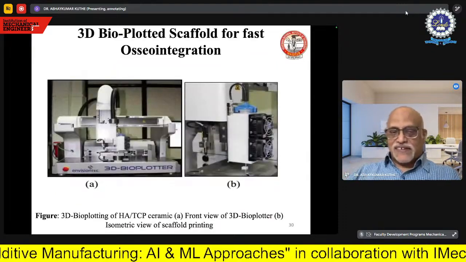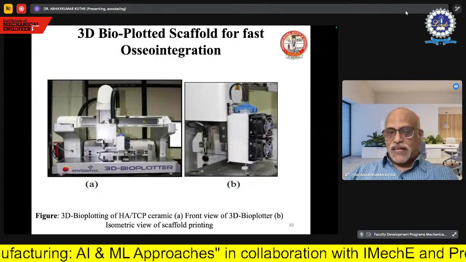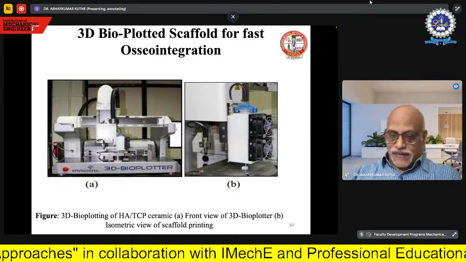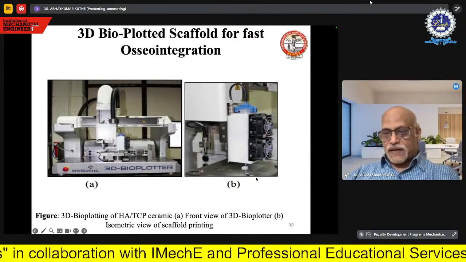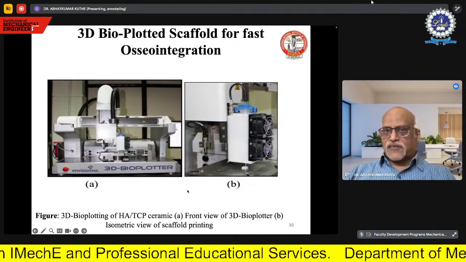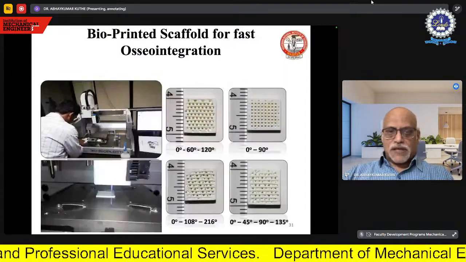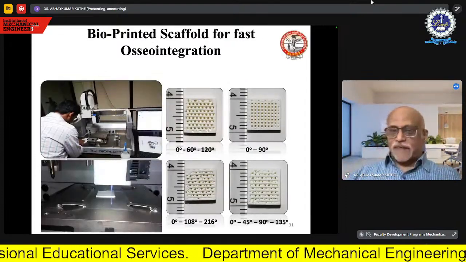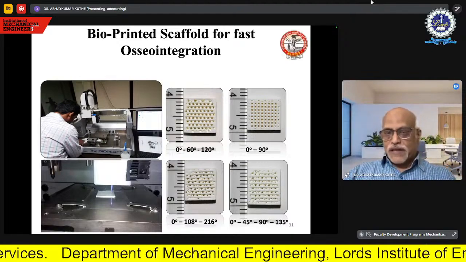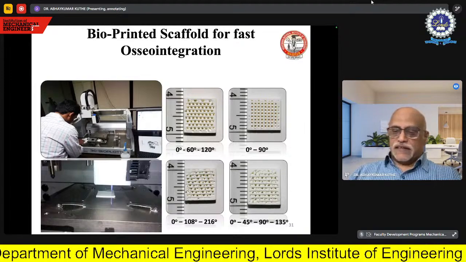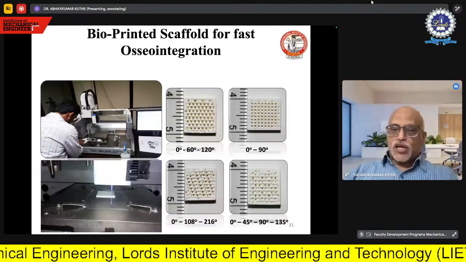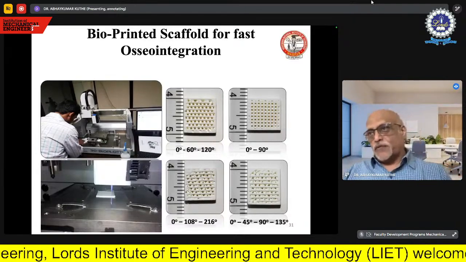Let me show you some quick figures here. This is the 3D bioplotter which we operate in our VNIT tissue engineering lab. You can see here, if you can see my cursor, that this is the scaffold that gets developed, and it actually is the logical extension of 3D printing. So these are all the so-called scaffolds. You can see the various architectures of the scaffold that have been developed by my student, 0, 60, 120 degrees. These are the different types of architecture he has tried in his PhD work, and ultimately shown which architecture is the best for cell proliferation.